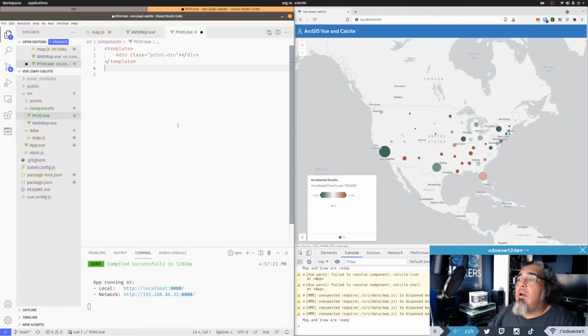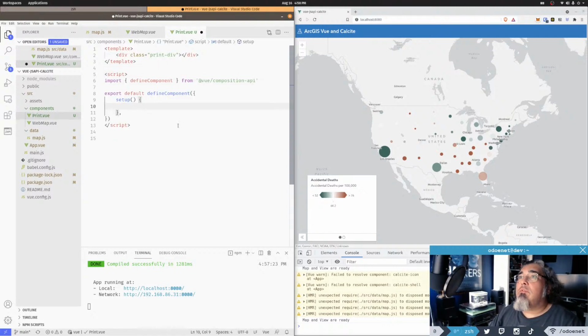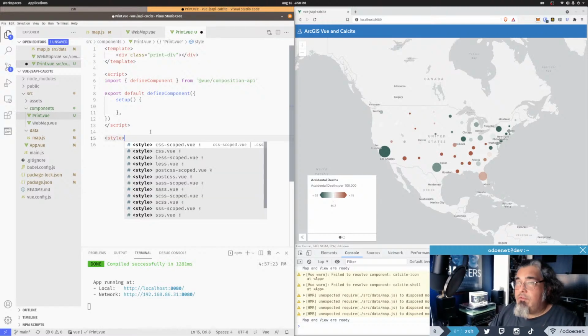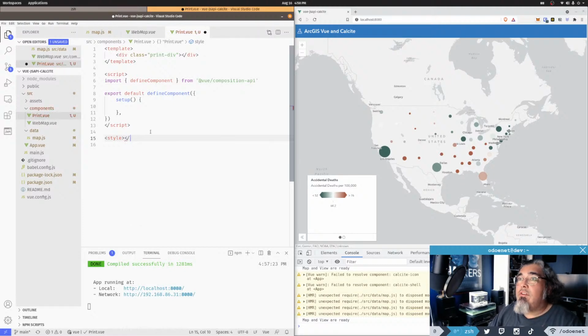Then I need to have my script tag, of course. Script. No. Is that what I want? No, I'll change that in a second here. And I have my style too. I apparently have something installed. I think I've got the Vue extension installed for VS Code, and it's doing all this cool stuff for me, which is cool, but it's just not